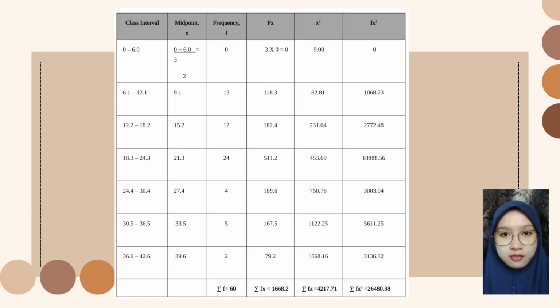The table shows the total of fx is 1668.2, then the total of x is 4417.71. Lastly, the total of fx power of 2 is equal to